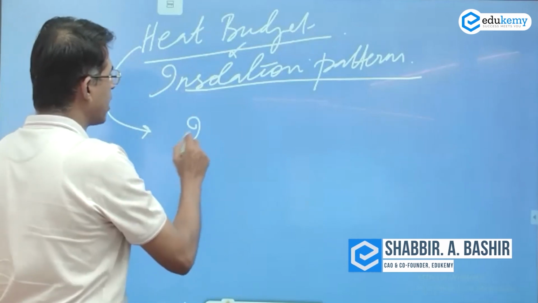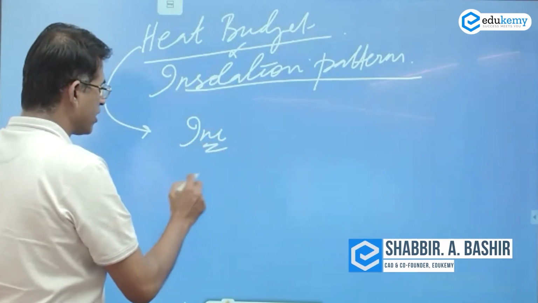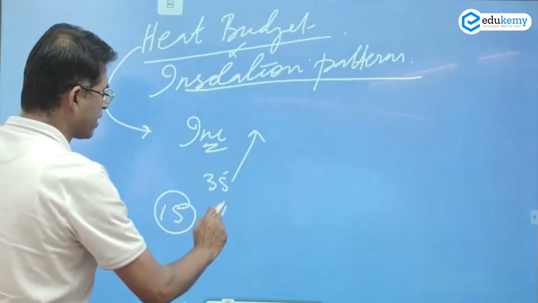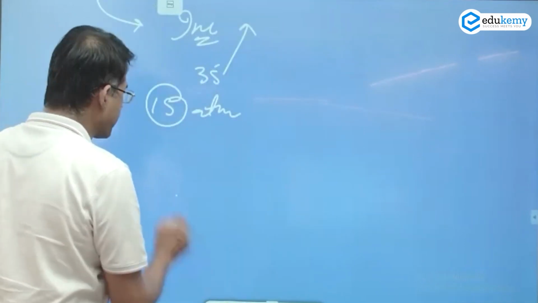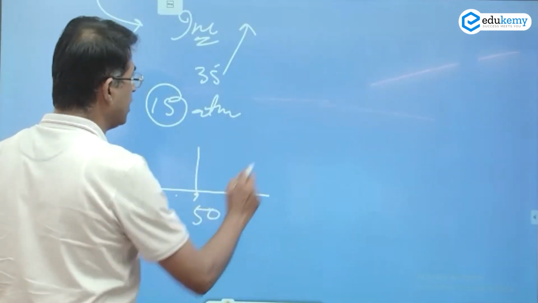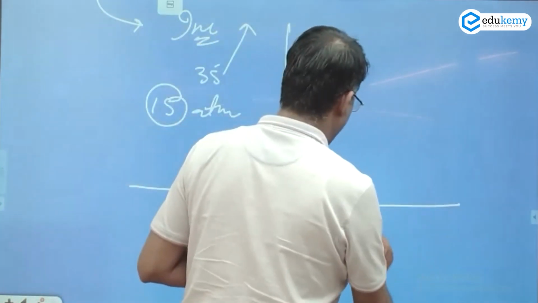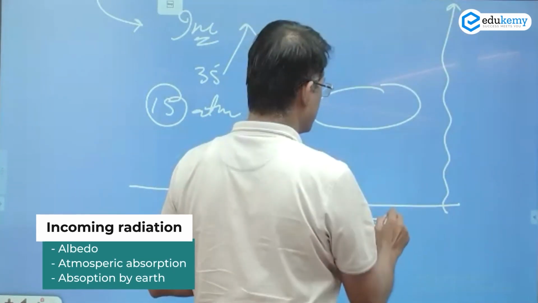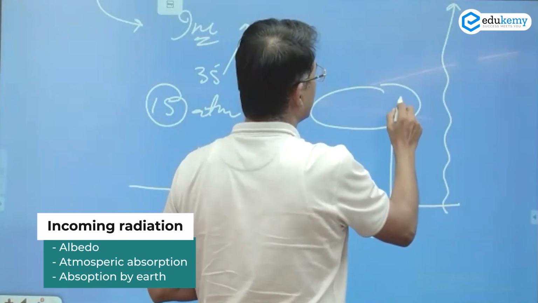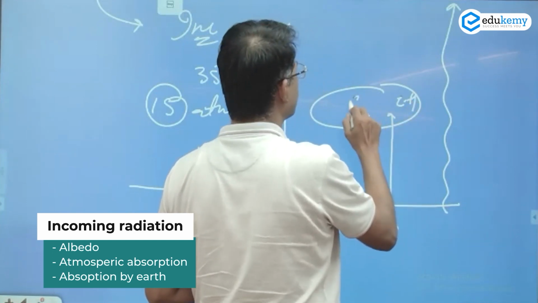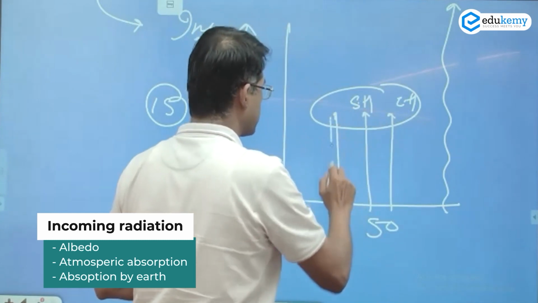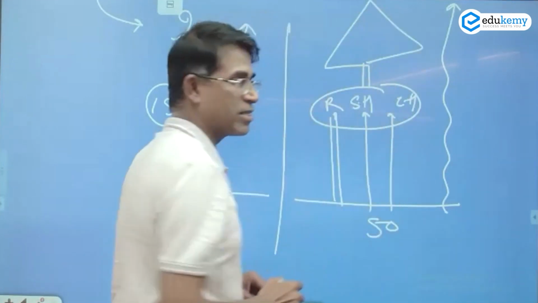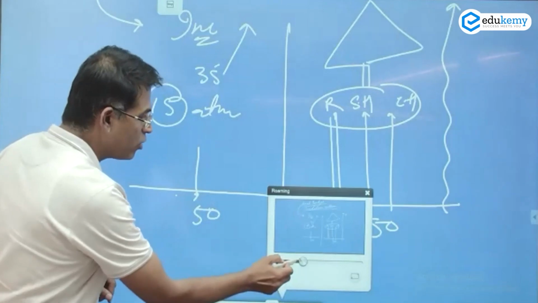Okay, what is the incoming radiation? So we have got 35 as the albedo loss, 15 absorbed by the atmosphere, 50 is what is absorbed by the earth, and as we have the outgoing energy, some amount goes directly outside. We have clouds, some of it goes as latent heat absorption, some goes as sensible heat absorption, some is a part of the re-radiation component, and all of this ultimately is also lost to outer space. So I believe this data you have and you know.